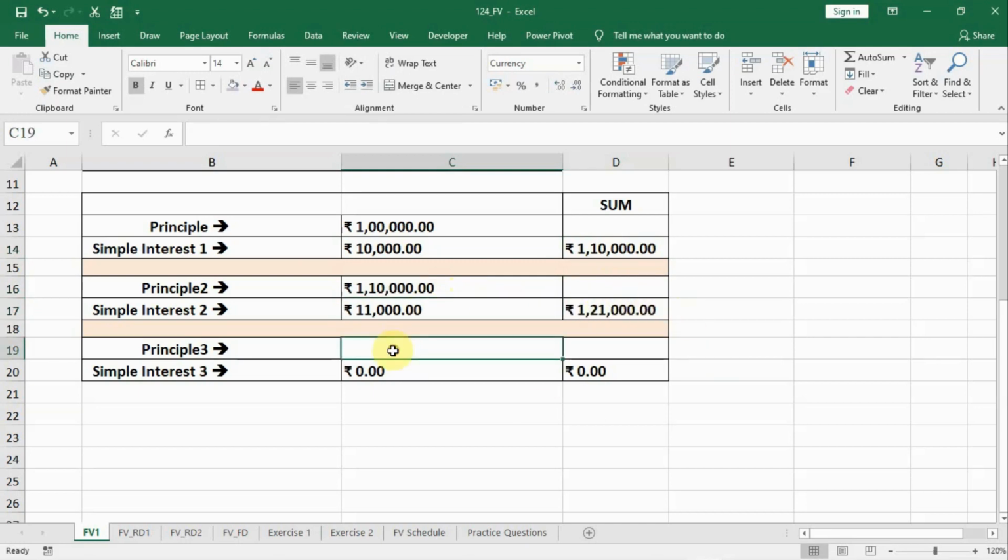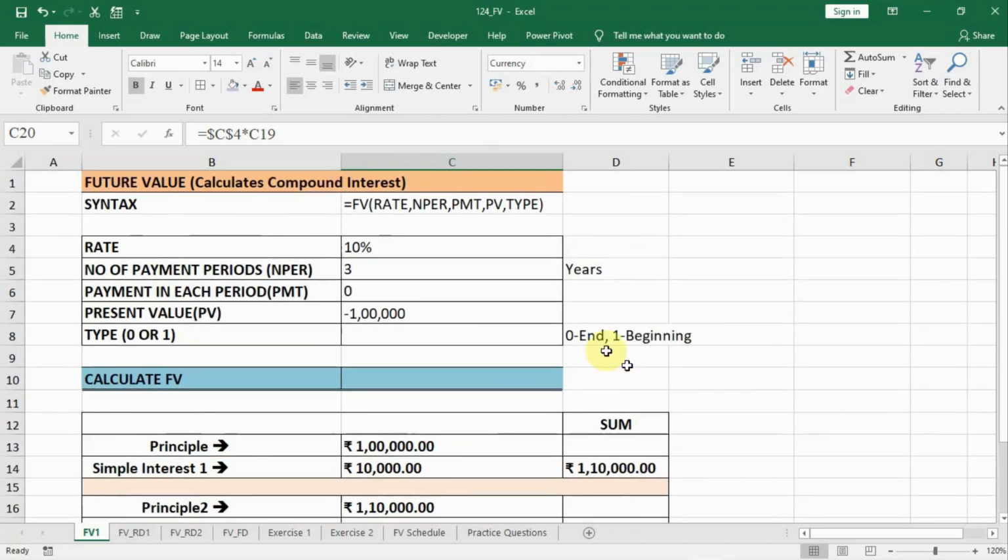1,21,000. And for the third year, we can write this: the output of the first year will be the input, and the final investment is 1,33,100 rupees. This is a compound interest type of thing. If there are 10 years, we can calculate it for 10 years, or we can use a function called future value. Future value has 5 arguments: rate,